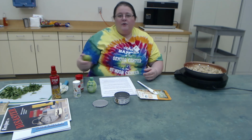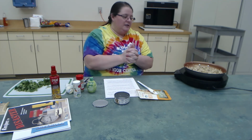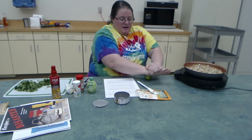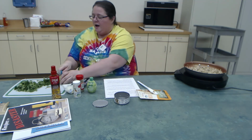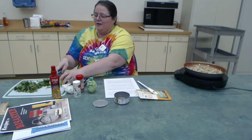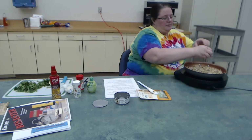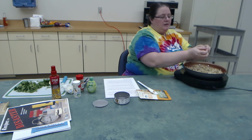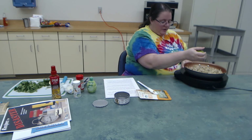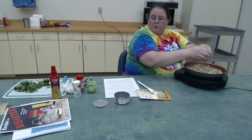So today, though, I did actually have some fresh. First up, we would use our perishable foods in an emergency because they might not keep. So I have a little cilantro, and I need some of it for the recipe later or next week. But I'm also going to use this lime today. So whether it's a fresh lime or lime out of a squeeze container,